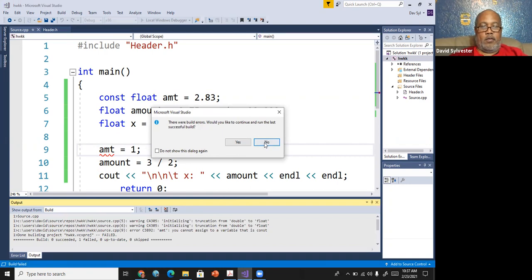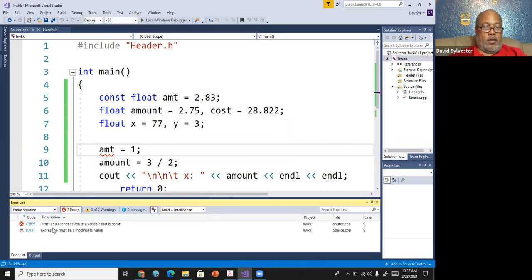Look, it says you cannot assign to a variable that is constant. So once you make a variable constant, it's that value throughout the program. You cannot assign anything to it, no matter what.